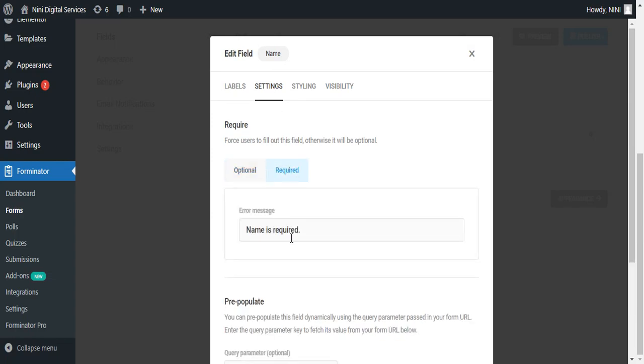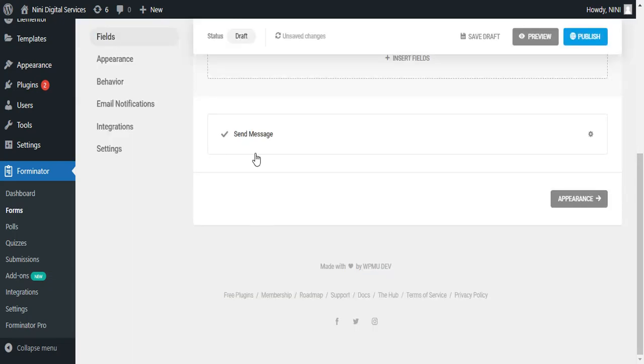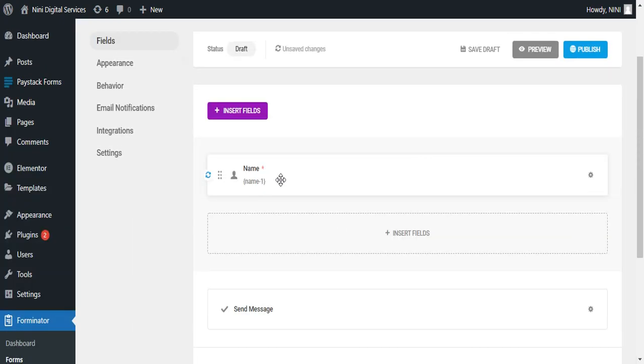That way nobody will be allowed to fill the form without filling in that space. So we are going to click apply. So now we have one item on the form, one field. So we are going to click